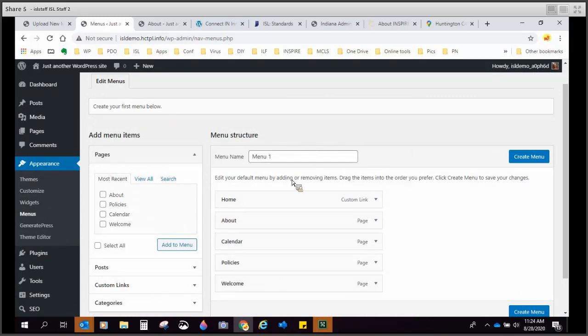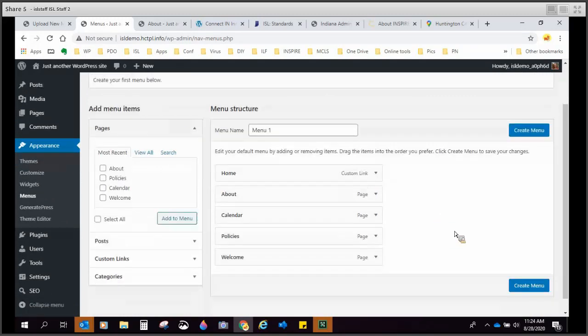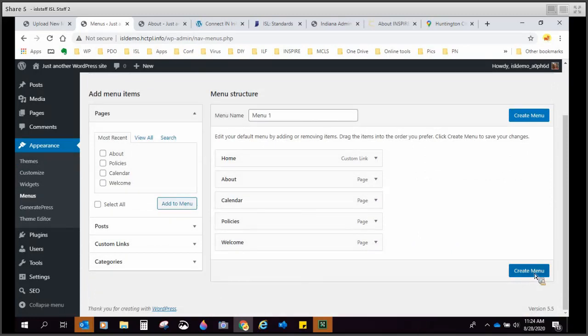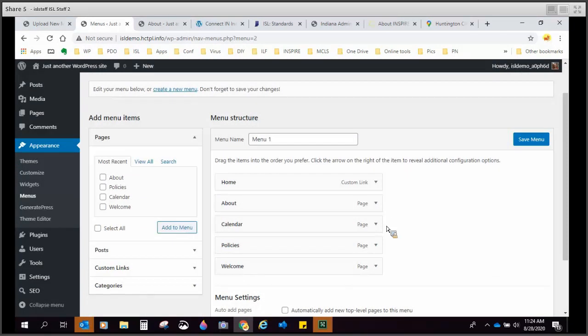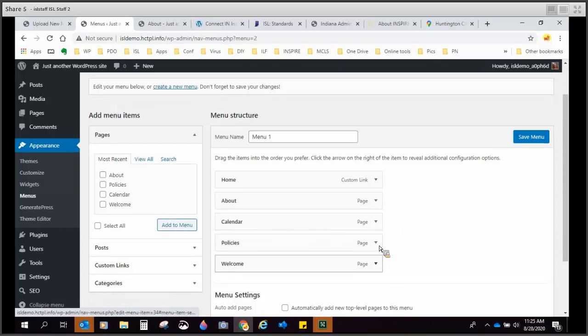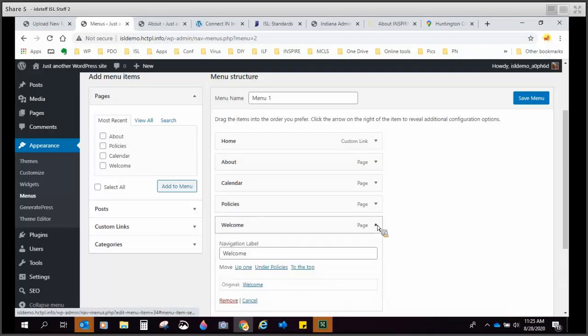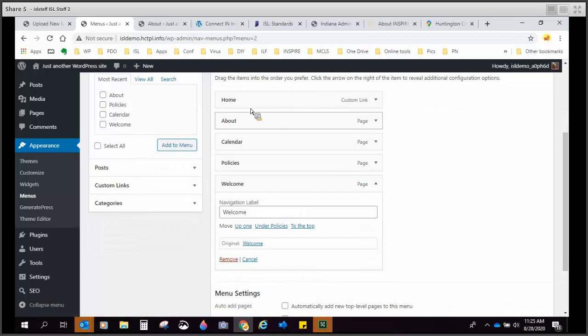This is where you can edit any menu that you have on your website, and you can have more than one depending on your theme. So right now, it just built kind of a default one for you. We're going to go ahead and create menu so that we have that enabled on our site. So now what it's going to do, in general, we're going to take out